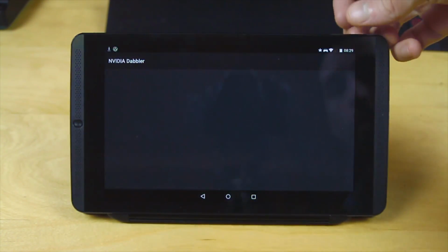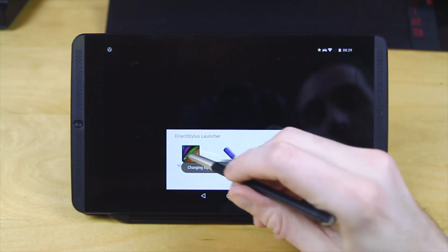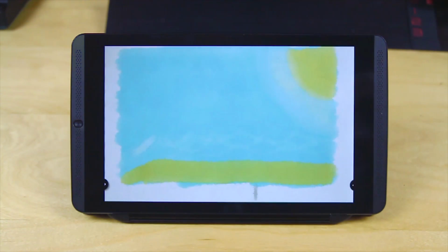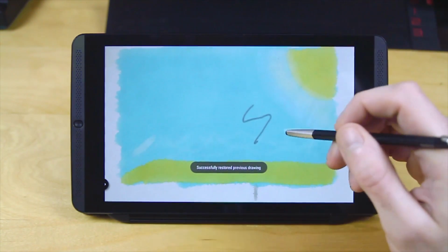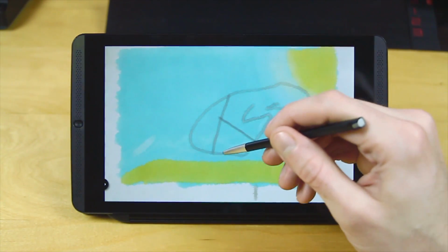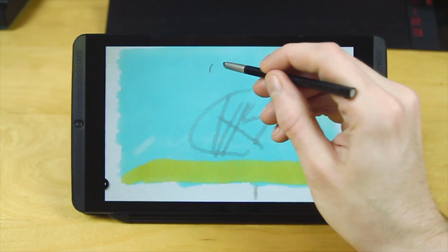When we come into the Dabbler, which is Nvidia's Dabbler, this allows us to draw on the screen, as you'll have already seen in some footage. It works very, very well. The clever thing with this is it uses the GPU performance power to do some clever effects here, where it's actually